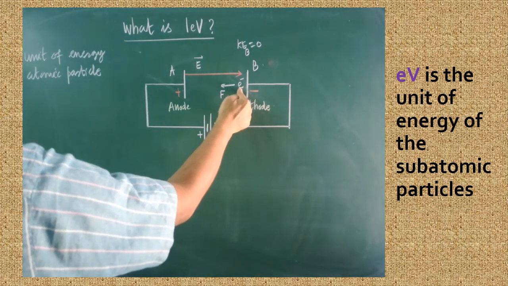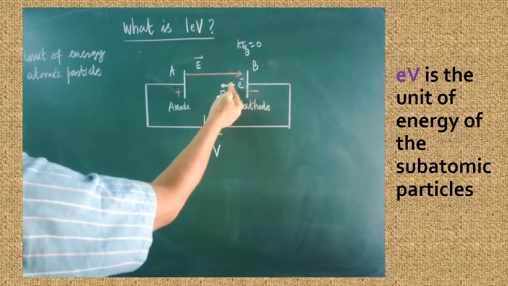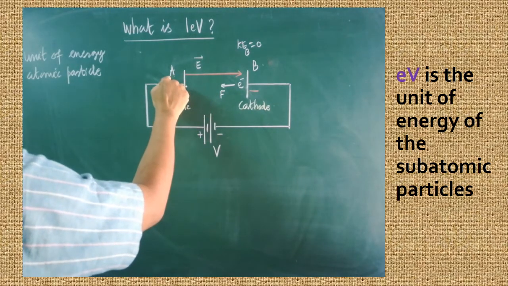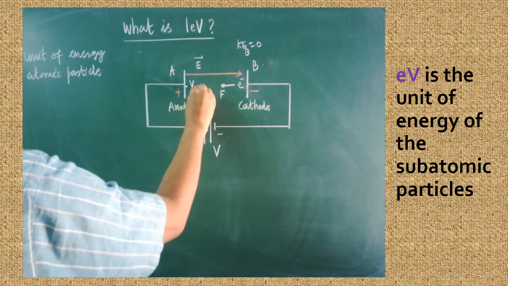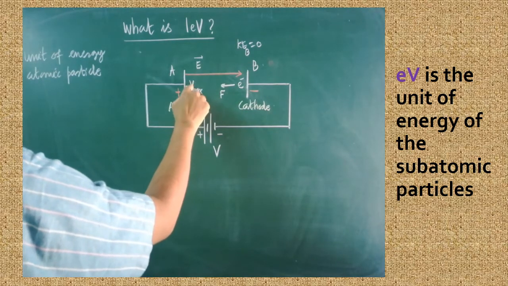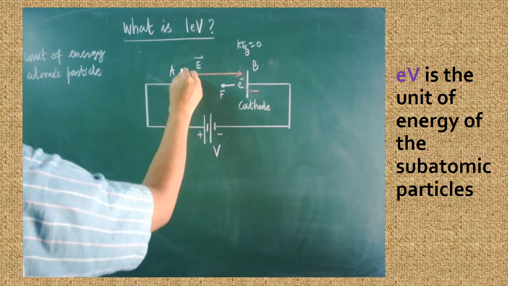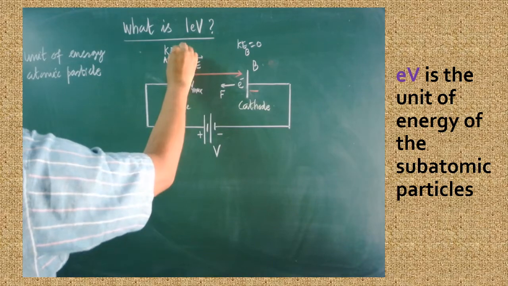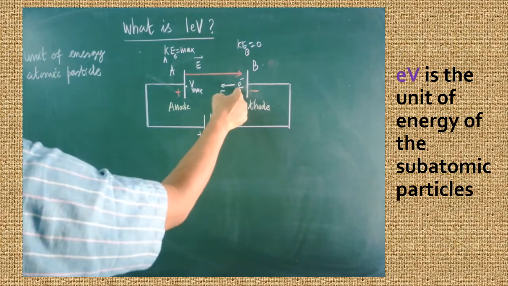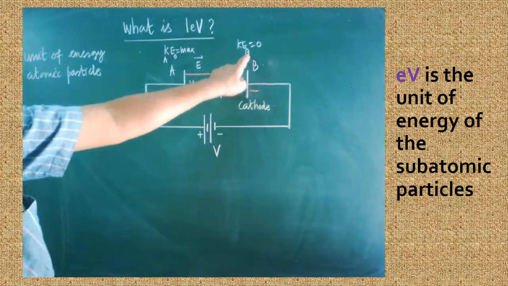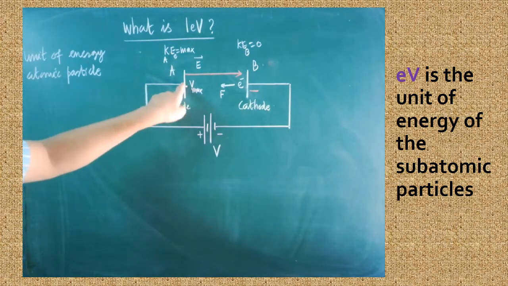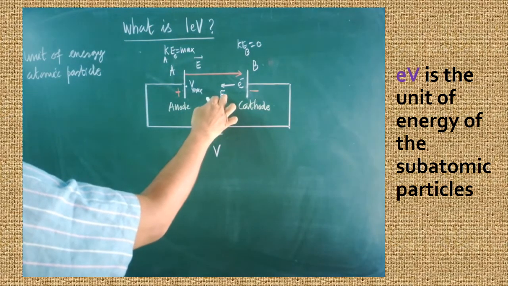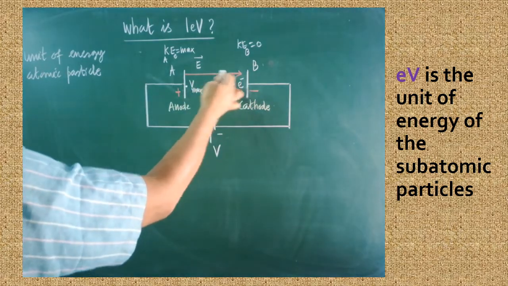So when it moves from this end to this end, slowly the kinetic energy starts increasing. That is, velocity is slowly increasing. When it reaches the point A, the velocity of the electron will be maximum. Since the velocity of the electron is maximum when it reaches A, the kinetic energy of the electron at A will be maximum. Therefore, kinetic energy is gained here. Initially, the kinetic energy of the electron is 0. When it reaches A, the kinetic energy will be maximum. Are you clear? So, we will see how much amount of force is acting on the electron when it is traveling from this plate to this plate.